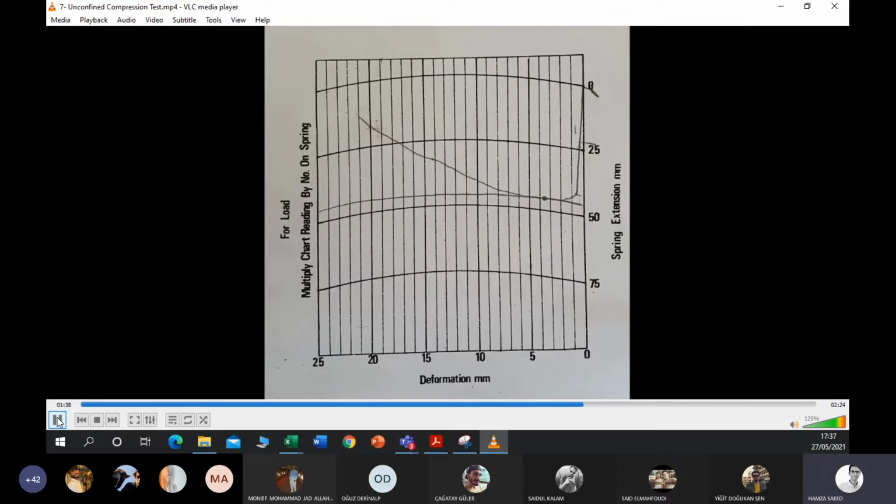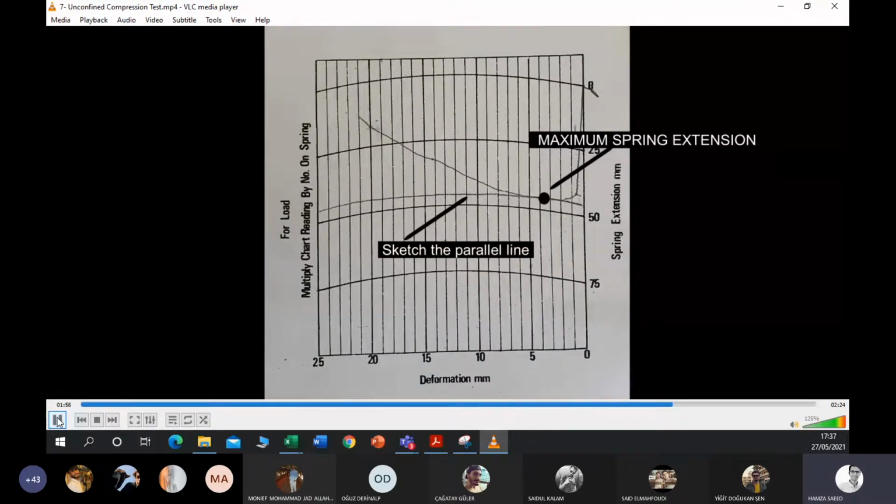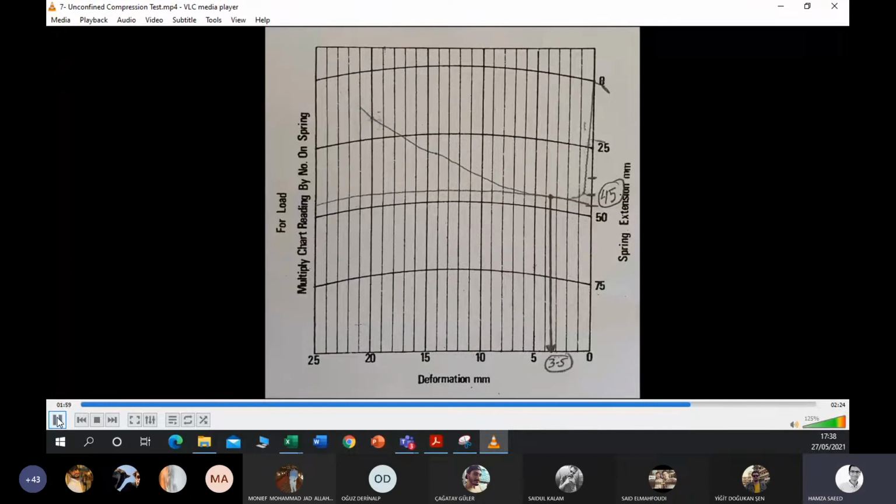Remove the chart from the panel. Mark the maximum spring extension on the autograph plot. Then sketch the parallel line corresponding to the graduated printed spring extension curve. From the sketched plot, determine the maximum spring extension and sketch the vertical line corresponding to the maximum spring extension.